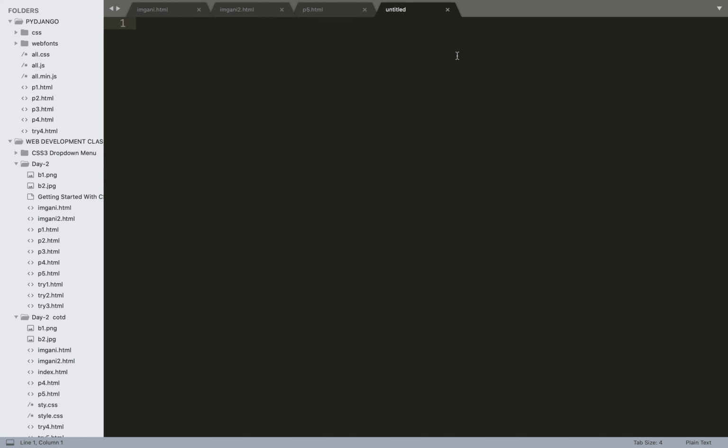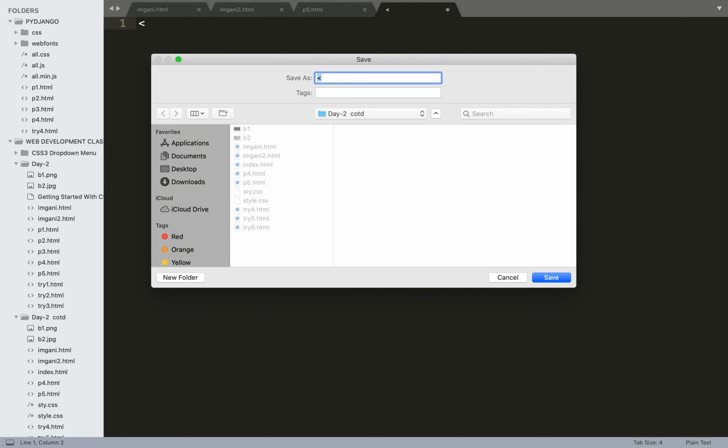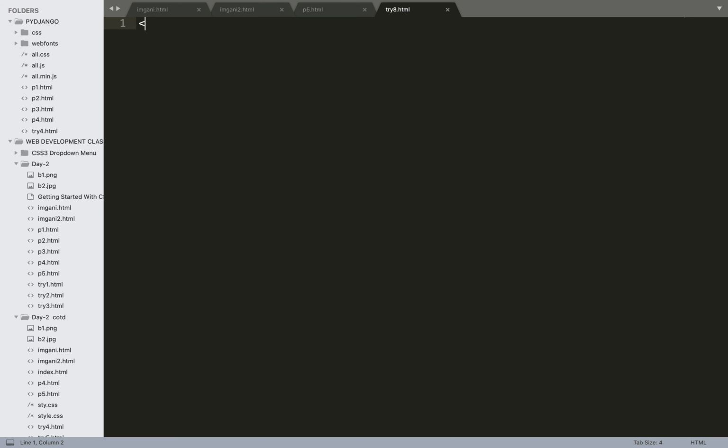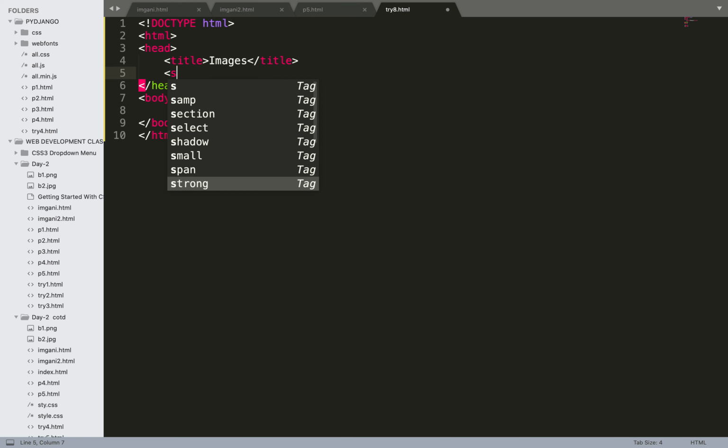So first of all, let me create my HTML file. Let me name it. Okay, our HTML file has been saved. Images, and let's add the style tag.